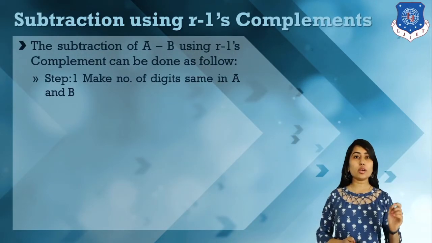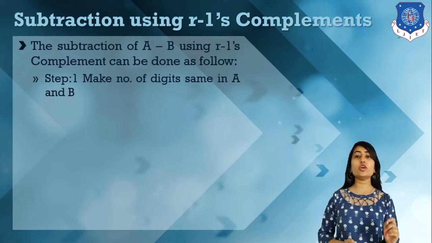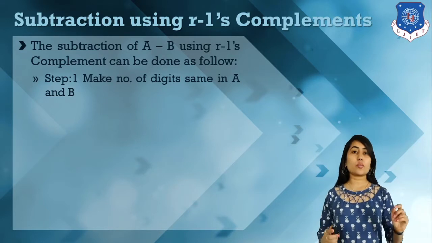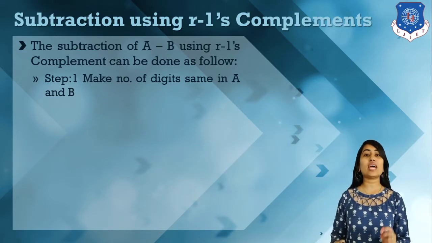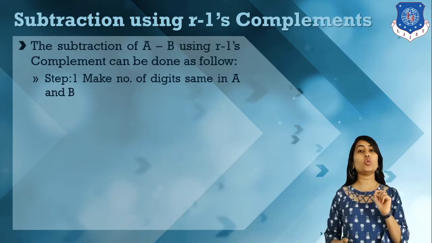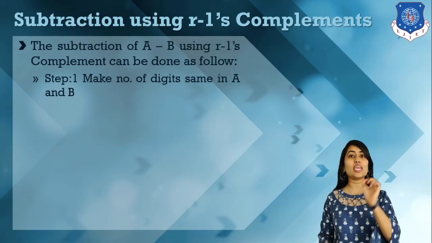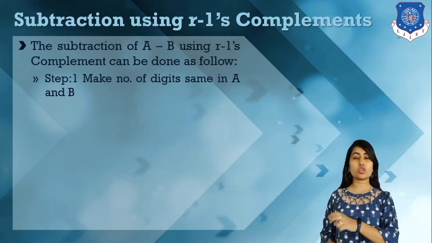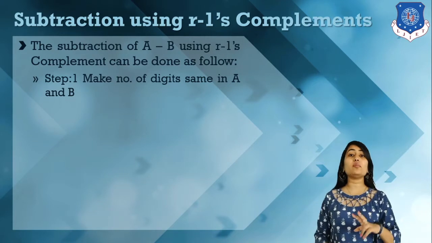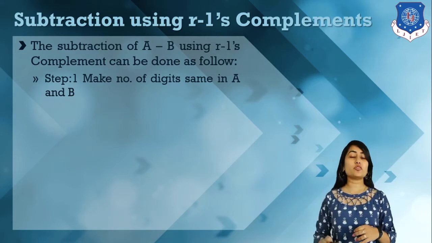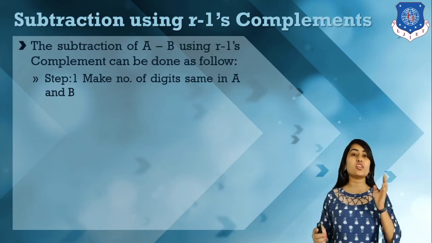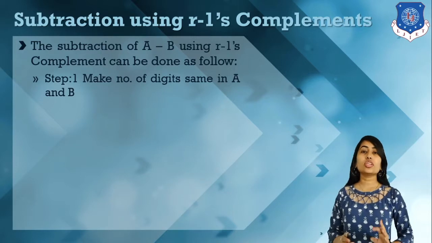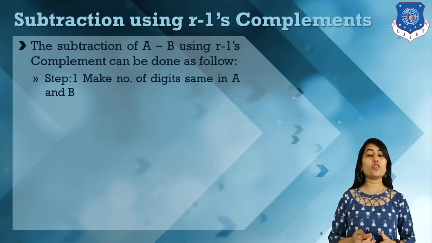We have two numbers a and b, and we want to perform subtraction, that is a minus b. So how can we perform subtraction using complement? We know that a minus b is equivalent to a plus minus of b, and minus of b means complement. Using complements we can perform subtraction by just performing additions. Subtraction is converted into addition by use of complements.